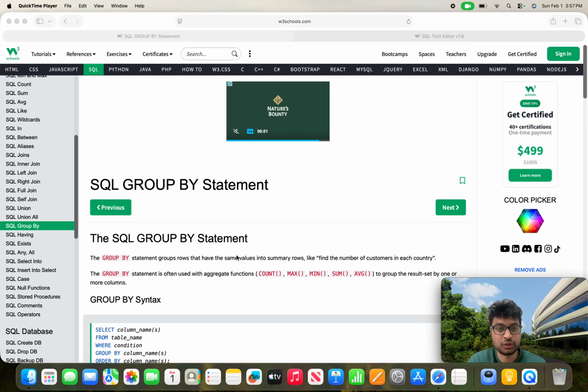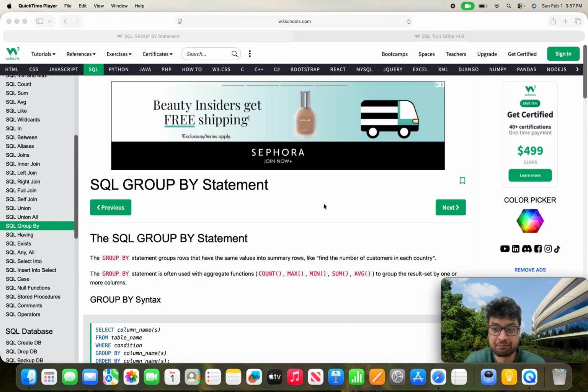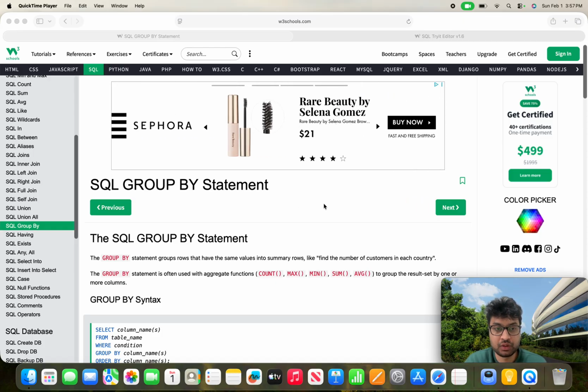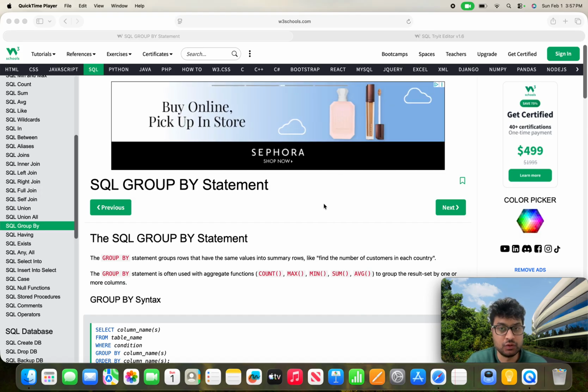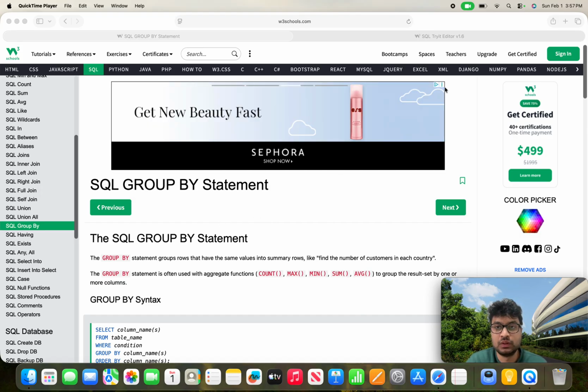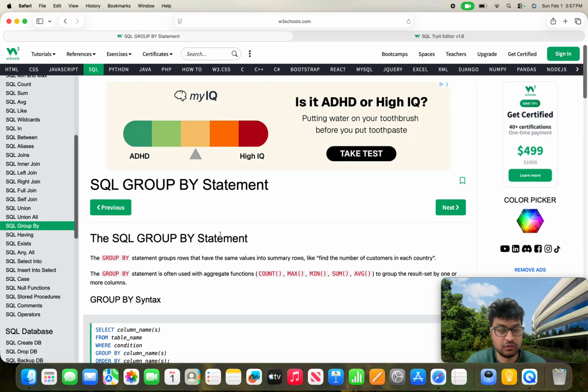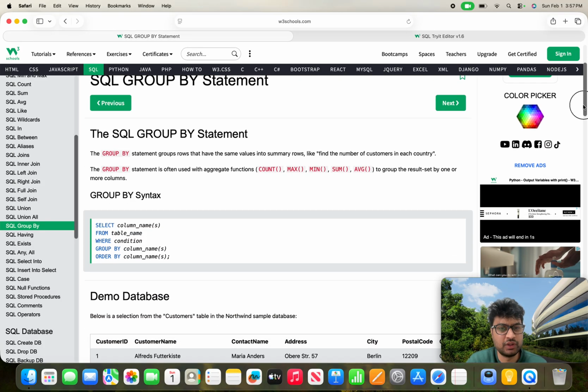Okay, so in this video, we're going to talk about what group by is. Group by is very important because you will need this group by statement. As you can see, it says the group by statement. Let's close this. Okay, so like it says, the SQL group by statement